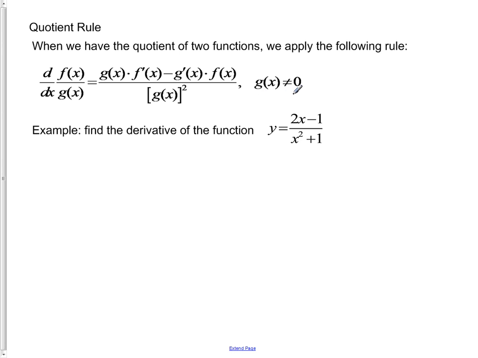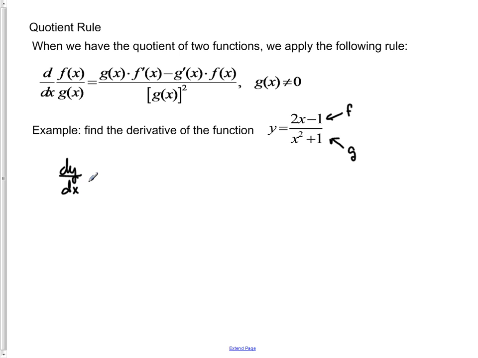as long as the denominator is not equal to 0. So let's pick a function where the denominator will not be 0 over the set of real numbers and try it out. And of course, you can see that we have in our numerator the function f, and in our denominator the function g. So, by our rule, our derivative, dy dx,